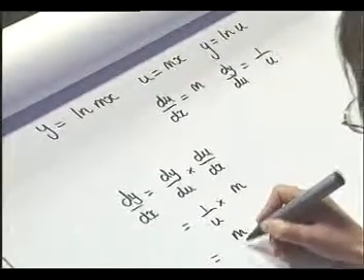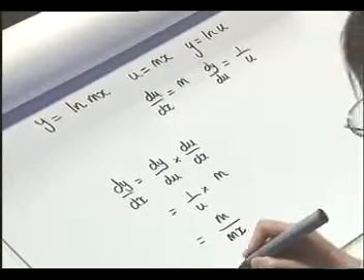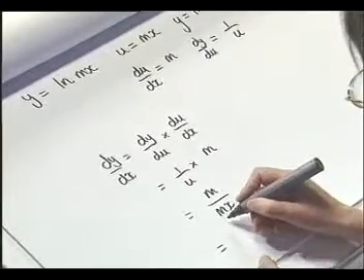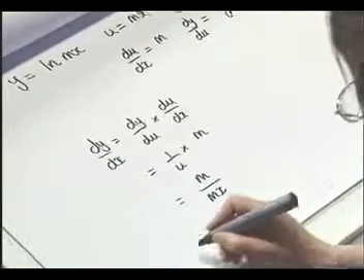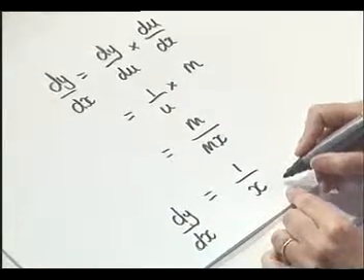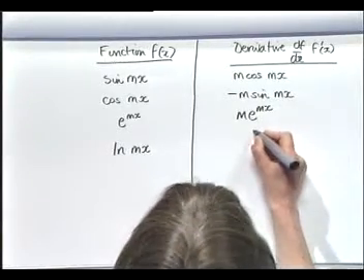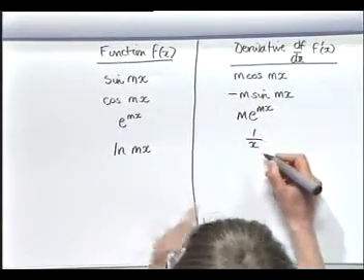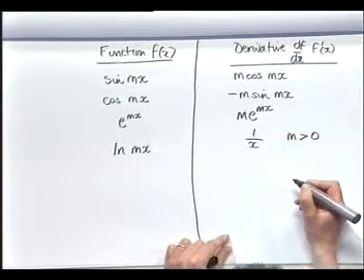So we have m divided by u, which is mx. And very conveniently here, our m's cancel out, and we end up with 1 over x. So dy by dx is equal to 1 over x. So let's put that now in our table. So log to the base e of mx is our function, so our derivative is 1 over x. And of course, this is only the case where m is greater than 0, since we can't take the logarithm